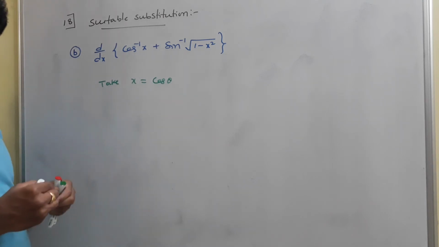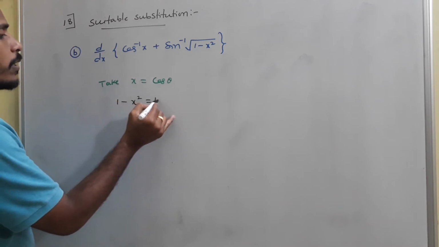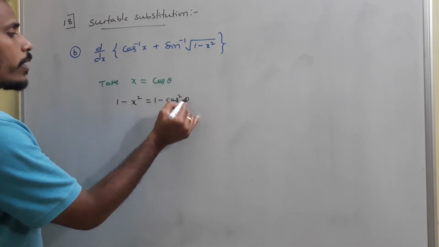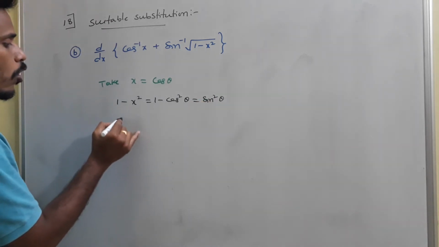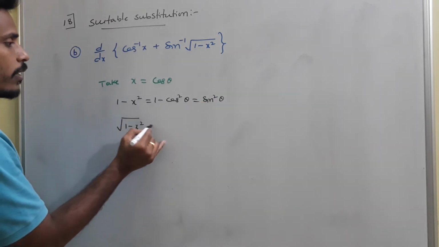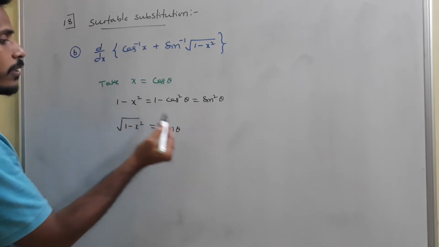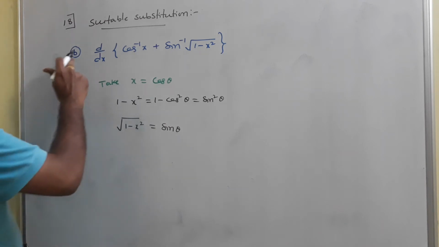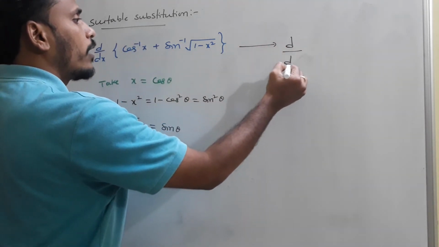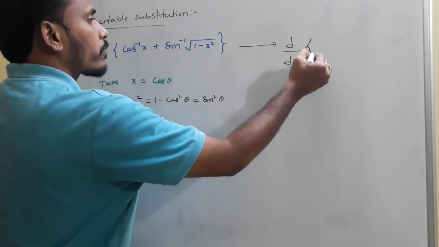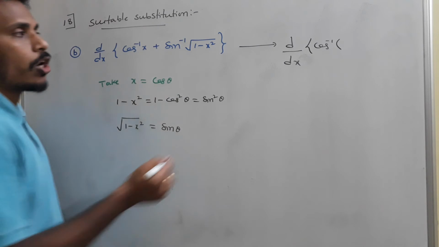If you replace x with cos theta, it is very simple that 1 minus x square is nothing but 1 minus cos square theta, which is sin square theta. And root of 1 minus x square is simply what? Root of sin square theta is sin theta. At the end, you need to find the derivative for this, which is nothing but d by dx of cos inverse of x. What is x? Cos theta